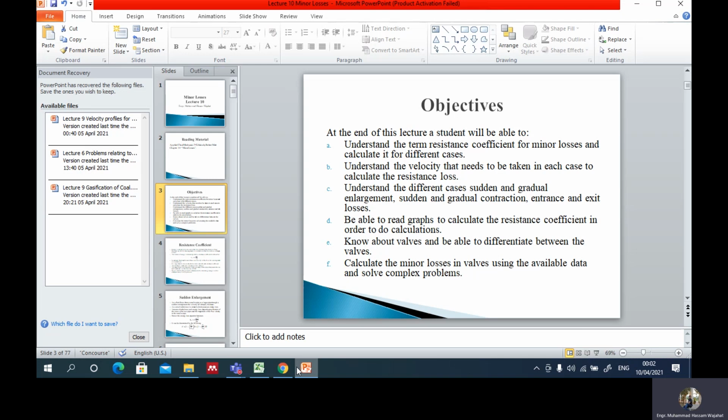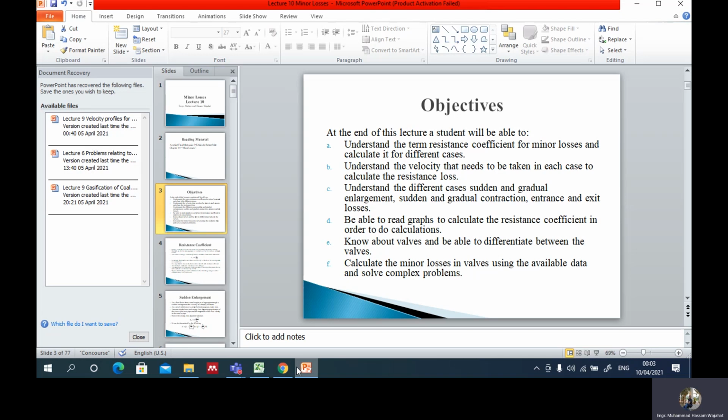The 5th objective is to know about valves and be able to differentiate between the valves. Yani we should know what valves are, the function of valves, and be able to differentiate between the valves. जब आप इंडस्ट्री में जाते हैं तो आपके पास तमाम तरह के valves होते हैं, starting from the simplest, which are the globe valves. You have the gate valves, angular valves, butterfly valves, check valves, and so on. So there are a lot of valves that you can discuss.